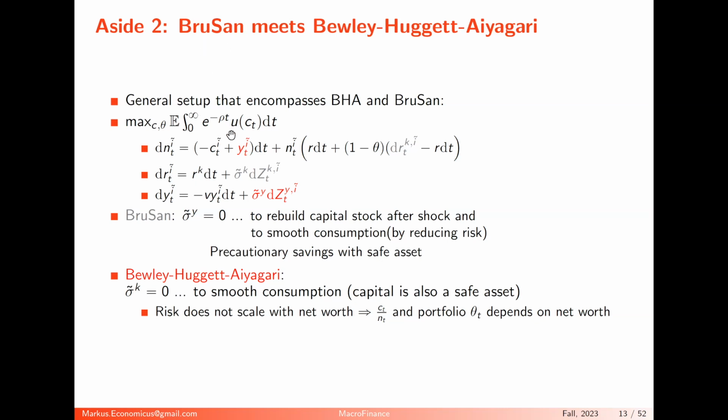Here I have written down the model which would encompass both: the Bewley-Aiyagari setting and the Brunnermeier-Sannikov type models. That's the utility stream everybody gets, and that's the evolution of net worth. The consumption reduces your net worth, and then you have a certain drift in income. Yeah, this I actually have to correct. This should be dt, this should be dy here, because it just translates into this thing here.